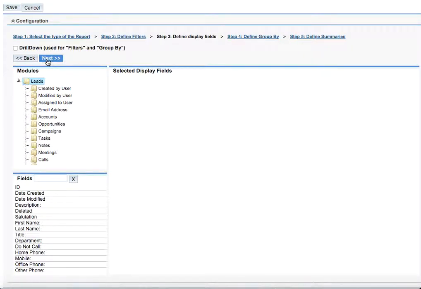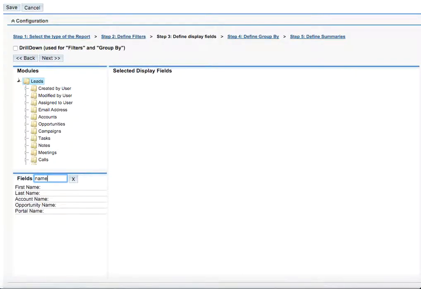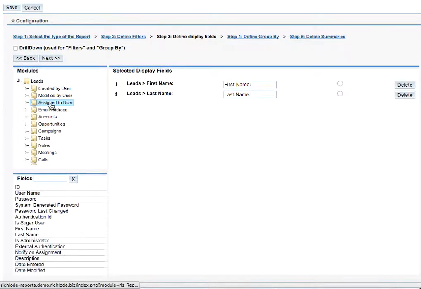Then we need to define display fields at step 3. Defining display fields means we are selecting the columns that will be present below the chart. So we would probably like to know the lead's name. So we type first name and last name, as well as we would need to know who do these leads